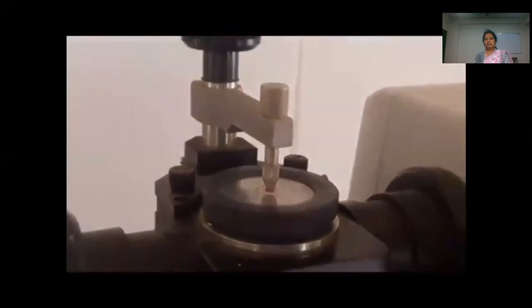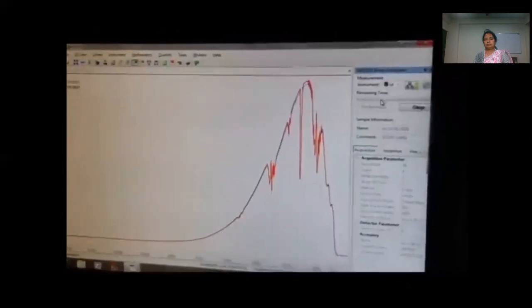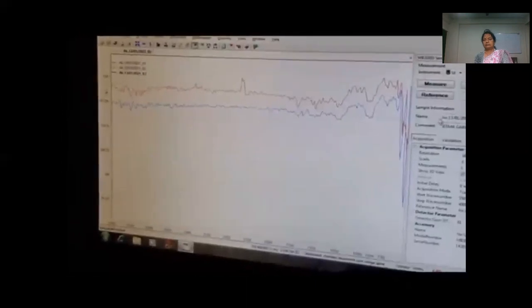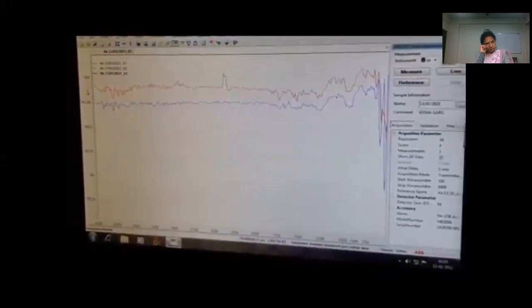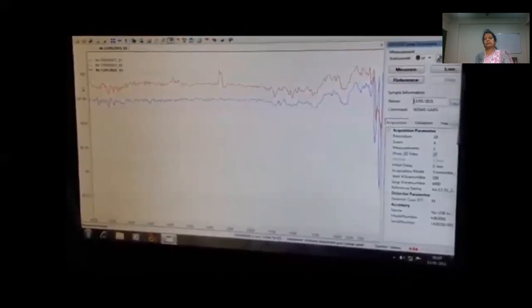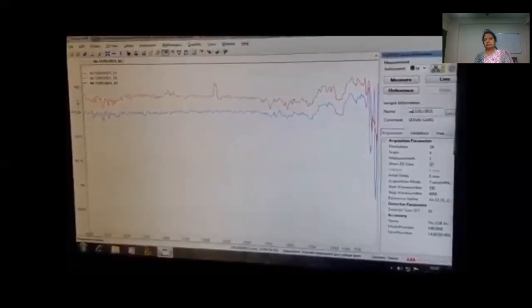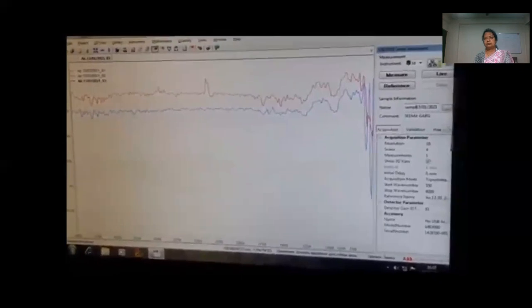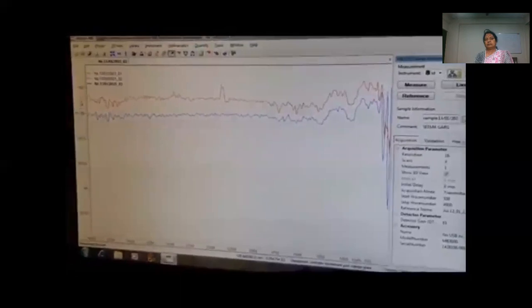Then I am going to measure here. This is a sample, which I had recorded.